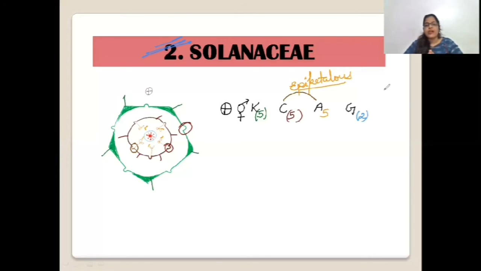None of them are going to have separate carpels, and the ovaries are definitely the superior type, or hypogynous flowers are present. Done. I am done with my floral formula and floral diagram. Wow, very fast, very easy to remember. Right? I know you won't make mistakes next time when you are writing these floral formulas and floral diagrams. You will easily remember what these things are actually representing.